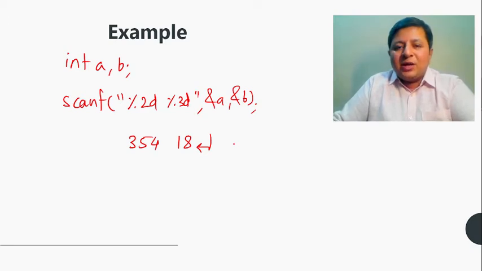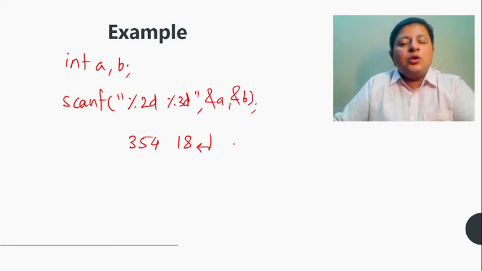So again, I repeat my question. What do you think would be the value stored in A, and what will be the value stored in B? Do keep in mind the format specifier and fill width that is being used. For the first one it is %2d, and for the second one it is %3d. You might have got some answers with you. Now let me tell you the answers, and you can cross-check whether they are correct or not.